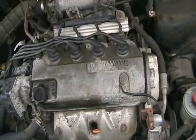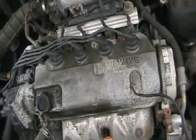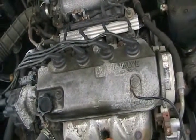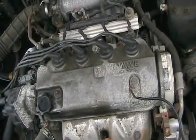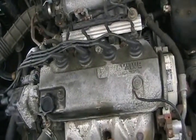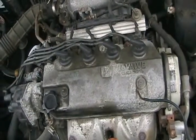If you're going to go to all the trouble to do that, then it'd be a good idea to put a better camshaft in. That would have bigger lobes on it for higher lift so it can open the valves more to let that extra air in, and different durations on it for overlap and so on, so the valves stay open longer when the engine's running at high RPMs to give it more horsepower, so it gives it more time to get the fuel and air mixture